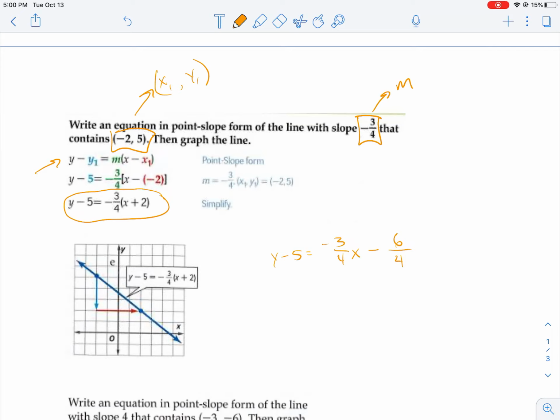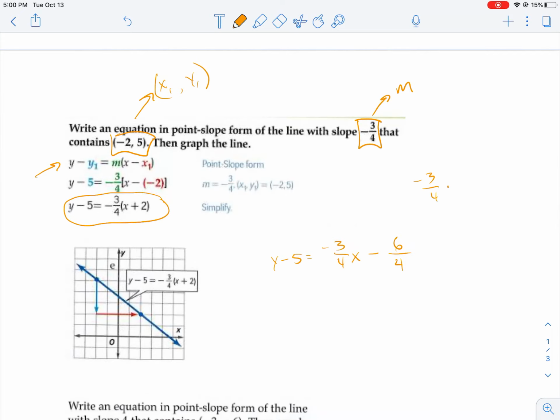Okay, remember when you multiply fractions, negative 3/4 times 2 over 1, you just multiply across, so we get a negative 6 over 4. And then add the 5, so y is equal to negative 3/4 x. Now I got to add those darn things. Okay, so negative 6/4 plus